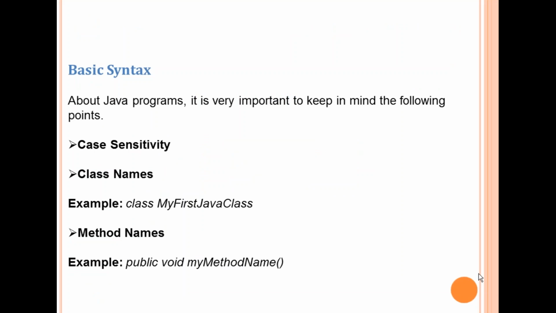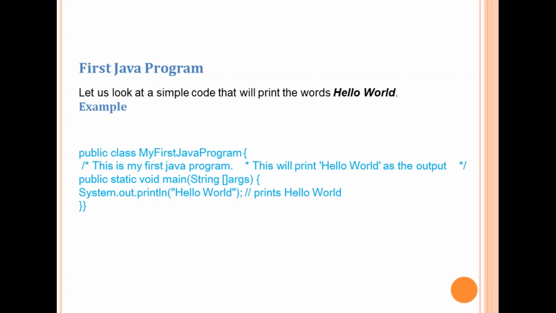And the next step would be to open the command prompt window and go to the directory where you saved the class. Type javac MyFirstJavaProgram.java and press enter to compile your code. If there are no errors in your code, the command prompt will take you to the next line. Assuming the path variable is set. Now type java MyFirstJavaProgram to run your program and you will be able to see Hello World